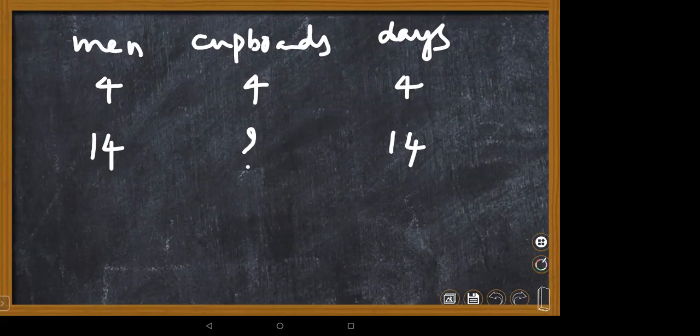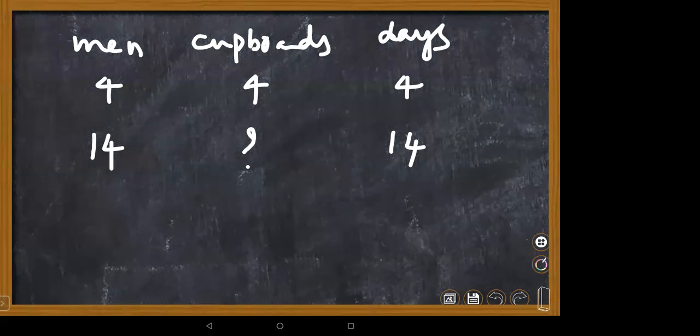Yes, ma'am, Chandni? One man can do 4 by 4. That means 1. Very good. Ma'am, it says 14 cupboards. Yes. Very good. Directly you can see only, you can answer this question, children. Ma'am, 14 cupboards. Yes, ma'am, per day they make 1 cupboard. So in 14 days they can make 14 cupboards.